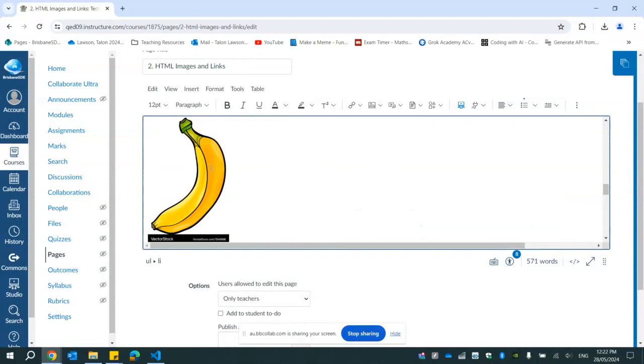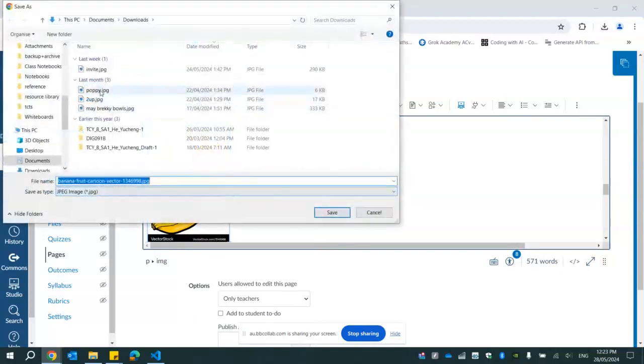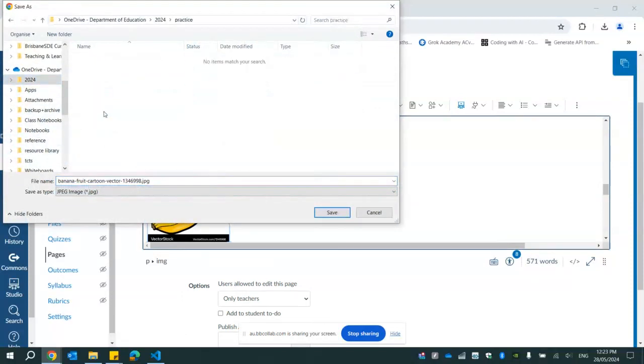But what we can do as well is we can actually save this and upload it from our system. So if you right click on the banana that's in the QLearn course, and we go save image as. Okay, so we need to then go to the same folder where we've been saving our web pages. So practice. And I'm going to just rename this